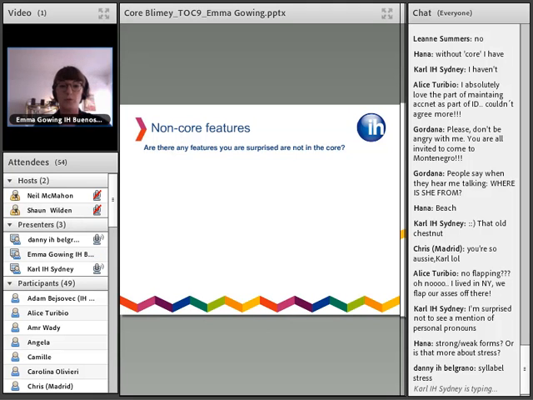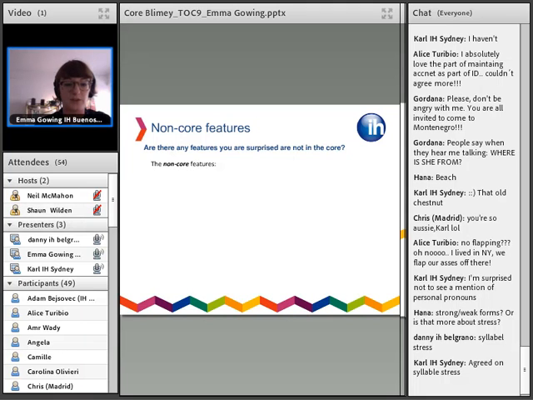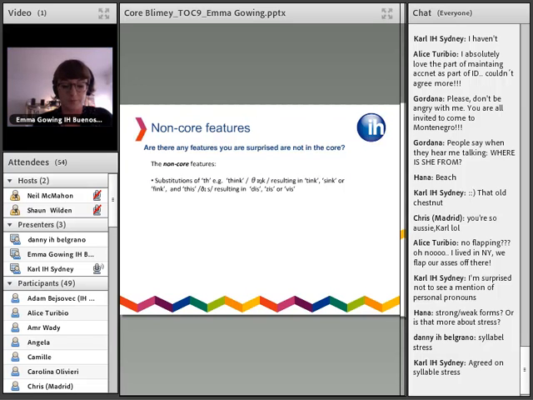All right. These are all things that I think we put a lot of importance on when we're teaching pronunciation. But these come into non-core features. They're not the top priority in terms of pronunciation, in terms of production and intelligibility. However, they're very important features when it comes especially to receptive pronunciation. So the non-core features are the